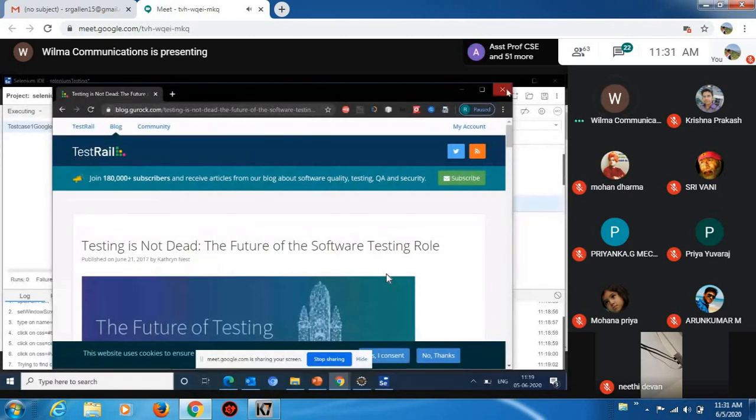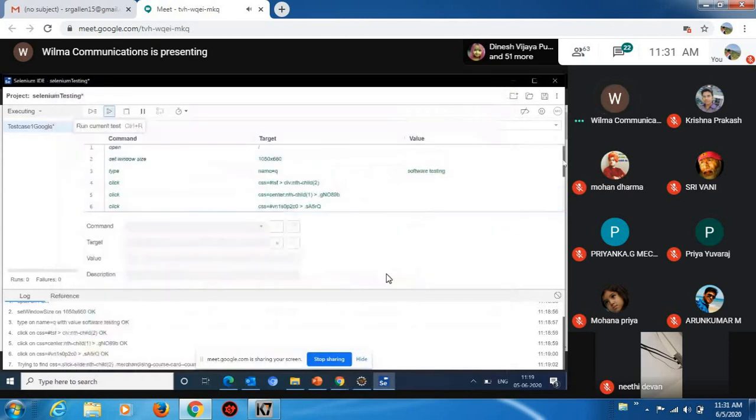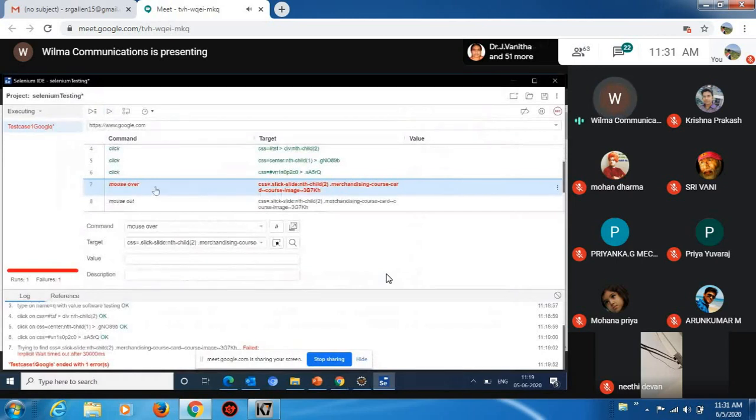So now let me see, my code has been executed. There are some errors because it is completely a GUI event. Whatever actions I am doing inside the browser, everything gets captured. I just moved my mouse here and there, so that event also got captured.